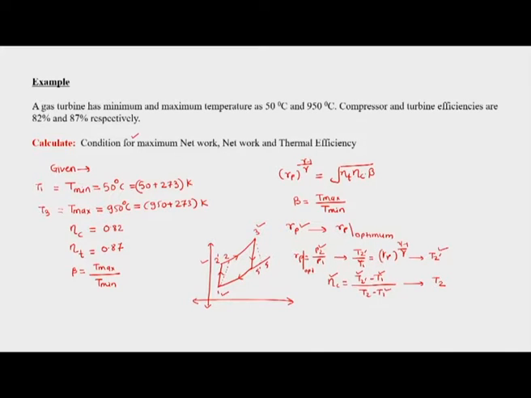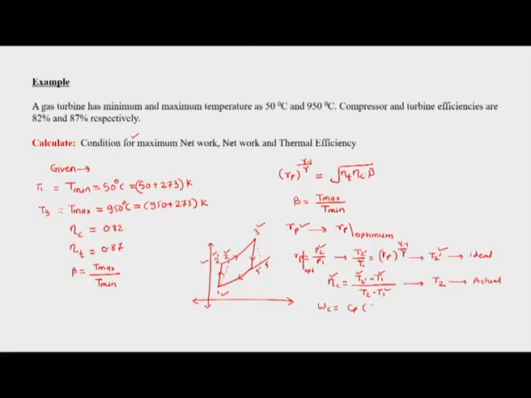So, one point to be remembered here, that isentropic formulas are only usable for the ideal temperature at the exit of the compressor, but then we will use the compressor efficiency formula to get the actual temperature at the exit of the compressor. So, then we know T2, previously from isentropic we know T2 dash, we know T3. So, then basically we can know what is the work of the compressor.